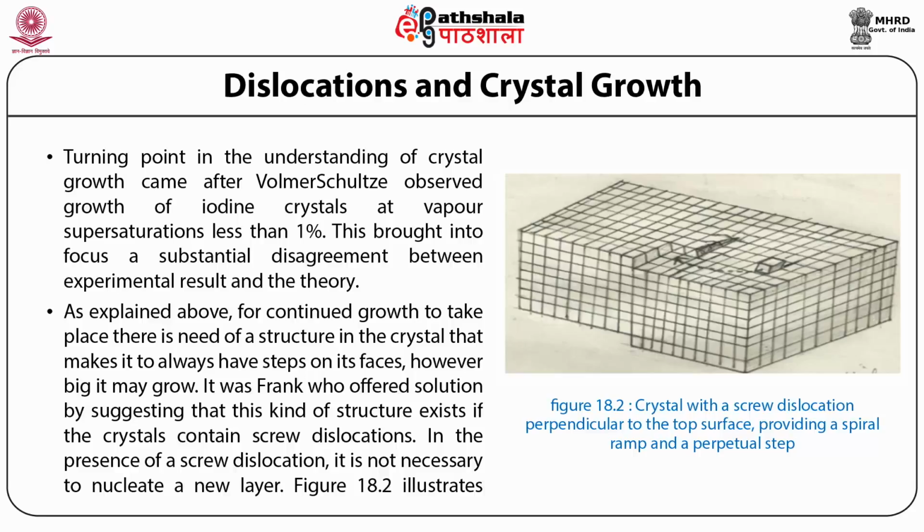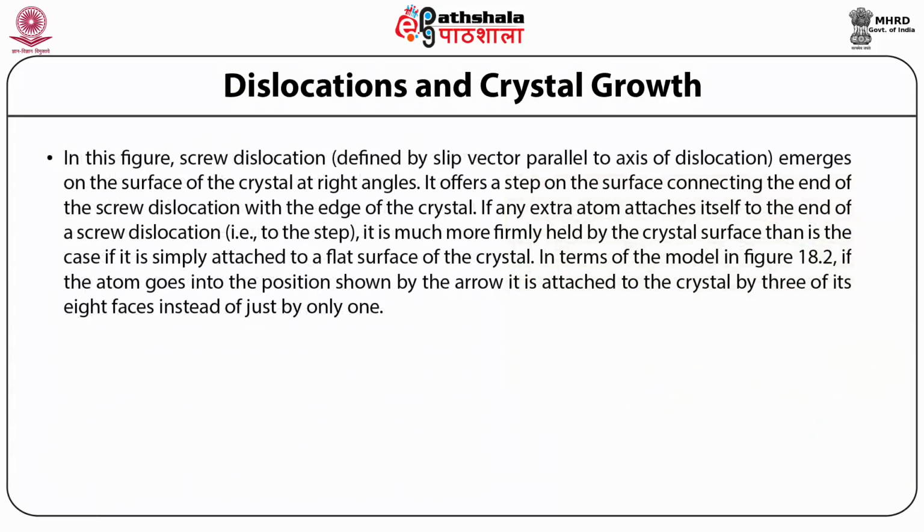In the presence of a screw dislocation, it is not necessary to nucleate a new layer. Figure 18.2 illustrates the explanation given by Frank in 1949. In this figure, a screw dislocation, defined by a slip vector parallel to the axis of dislocation, emerges on the surface of the crystal at right angles. It offers a step on the surface connecting the end of the screw dislocation with the edge of the crystal. If any extra atom attaches itself to the end of a screw dislocation, that is, to the step,